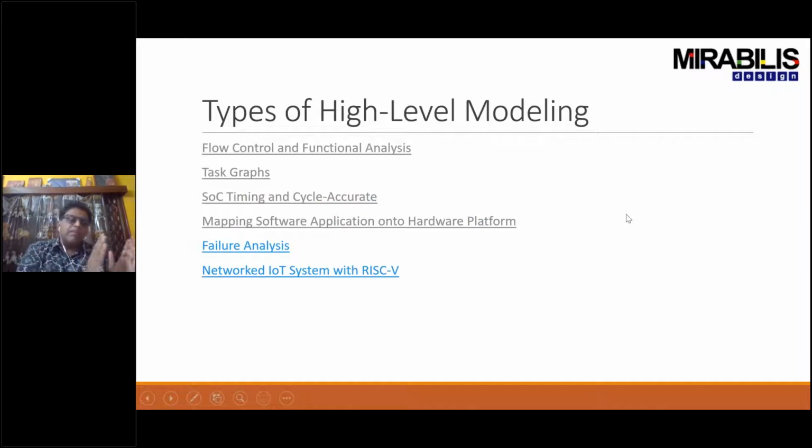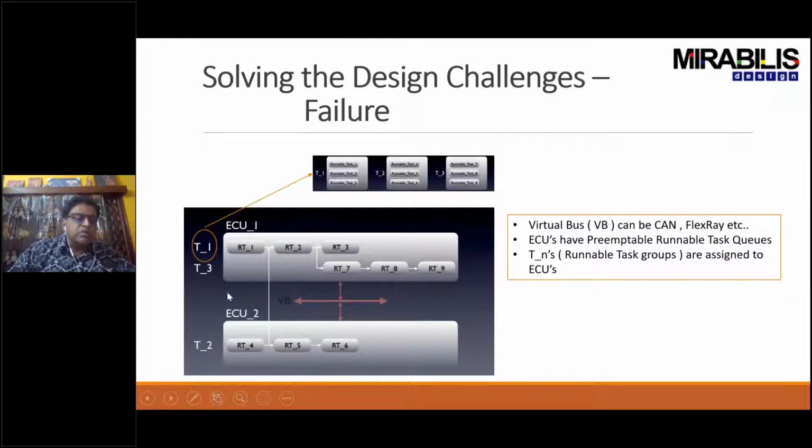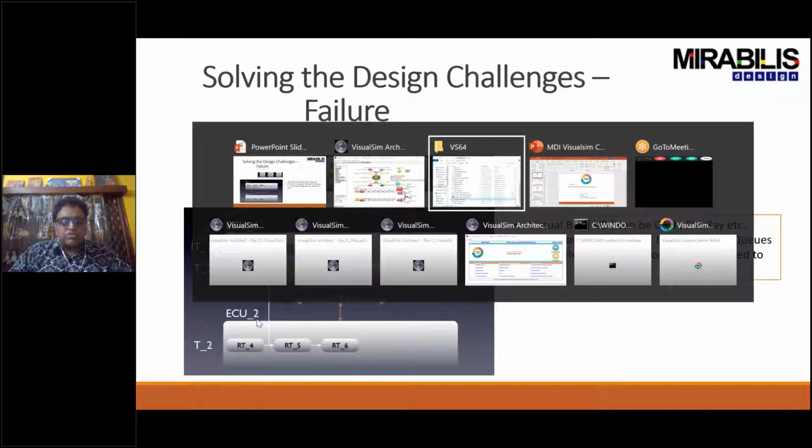Now that you've seen the methodology of starting with ingress to egress, looking at the software tasks, looking at the hardware platform architecture, then taking the platform and mapping different software tasks, we're going to look at failure analysis. What we have here is 3 tasks. 2 are mapped to ECU1 and the other one is mapped to ECU2. So now what we're going to do is